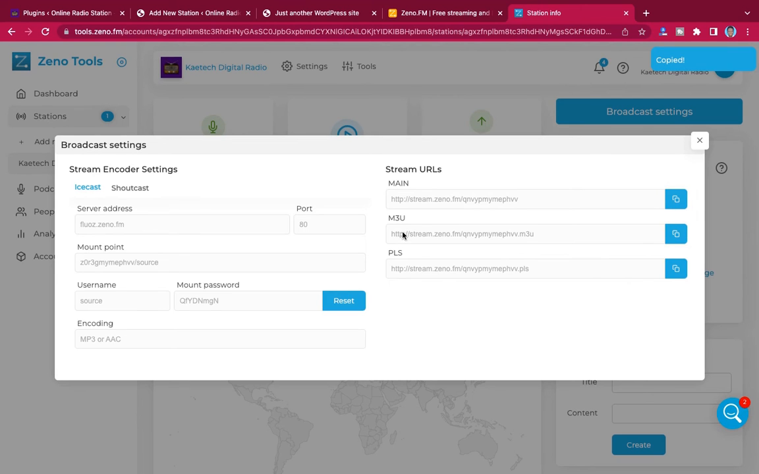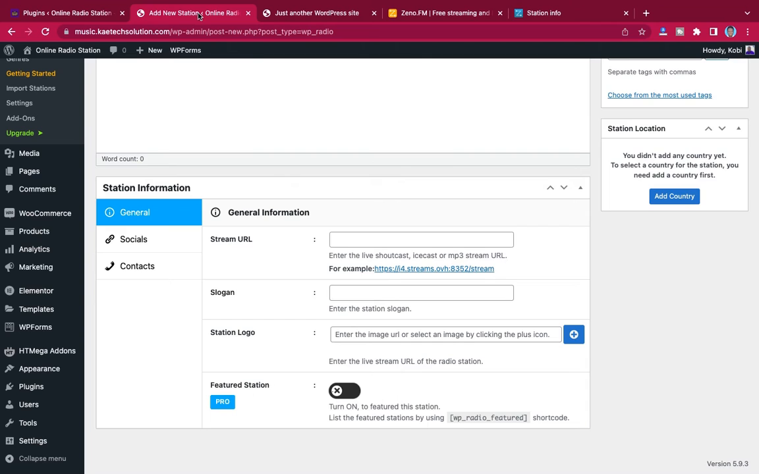If it is an M3U that you are using, you just copy it. Then come to where you are creating it, the stream URL, and you can put it over here. Now remember that it says it accepts